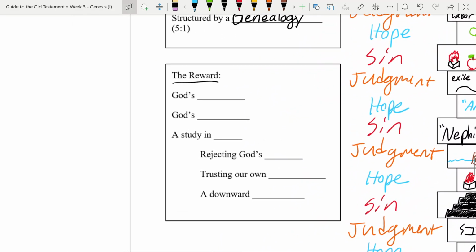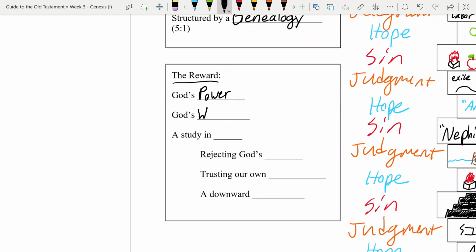So let's talk about the reward. What's the payoff if you decide to read this section of Scripture carefully for yourself and study it? What kind of things are you going to see? One is you're going to see God's power. Here I'm thinking of Genesis 1, Genesis 2, the way that God, the God that we know in Jesus, the God who we pray to, is the one who spoke the world into existence by his word, right? Which is Jesus. He says, "Let there be light," and there was light. Pretty remarkable description of the God that we serve. Lots to meditate on, lots to think about there just in Genesis 1.